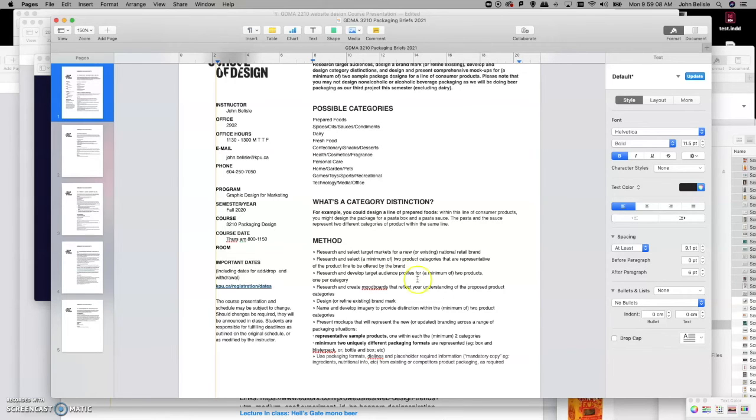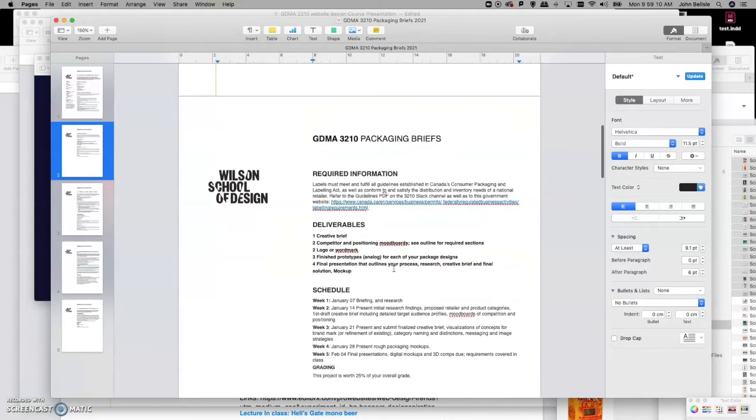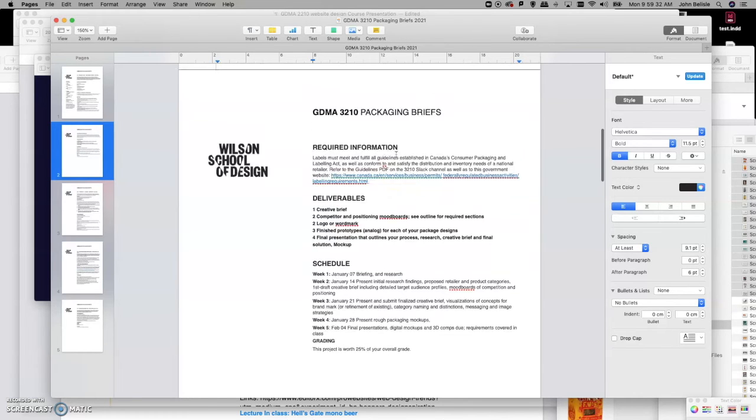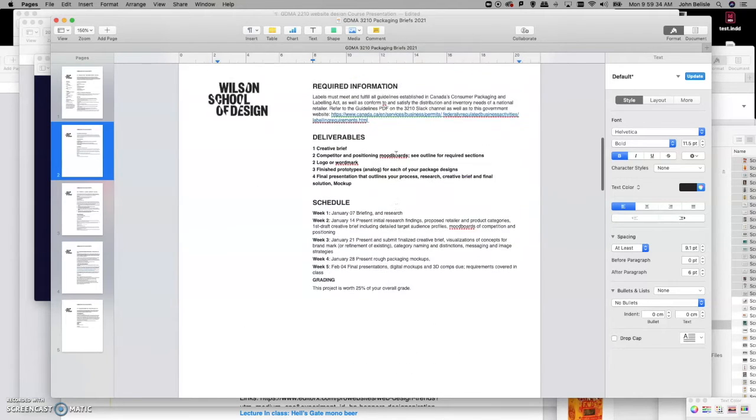So with this one, there is lots of research that you have to do. If you're doing food products, for instance, you have to have some nutritional facts on the back. There are links in Moodle and in Slack for how you lay those out. So there are guides,